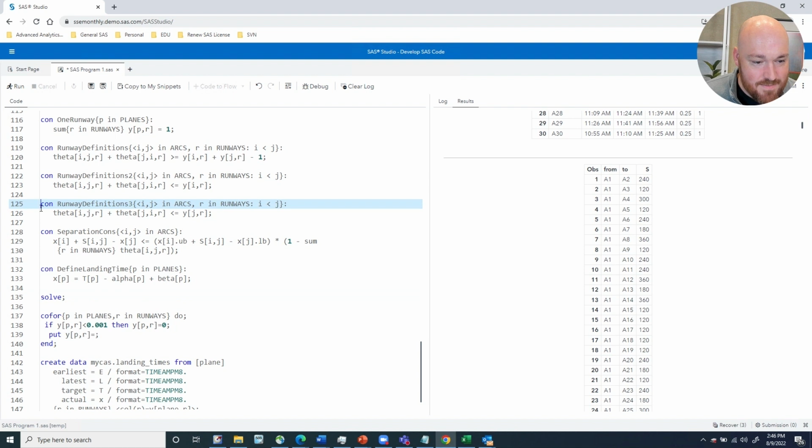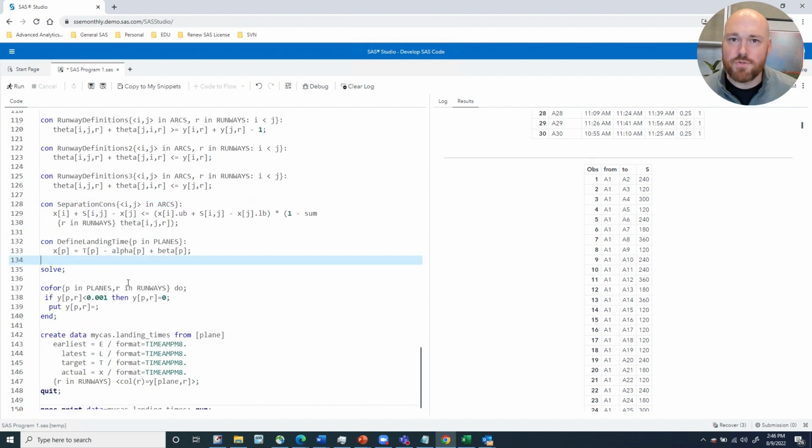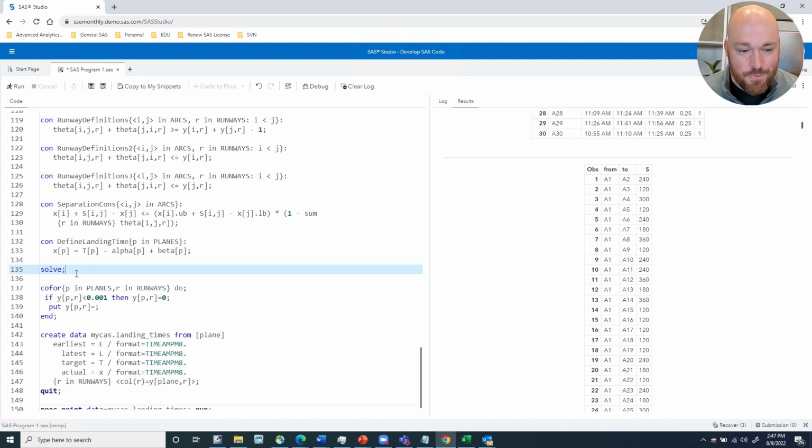Down below, we define some further constraints. Once the model is built, I'll specify the solve statement. What that does is ingest the parameters, the decision variables, the objective function, and the constraints, and determine what the most appropriate solver to use is. On one of the slides earlier, we showed all the different types of solvers that are available inside PROC OPTMODEL: linear programming, mixed integer, nonlinear, and so on and so forth. And the solve statement will determine for us what the most appropriate solver to use is.